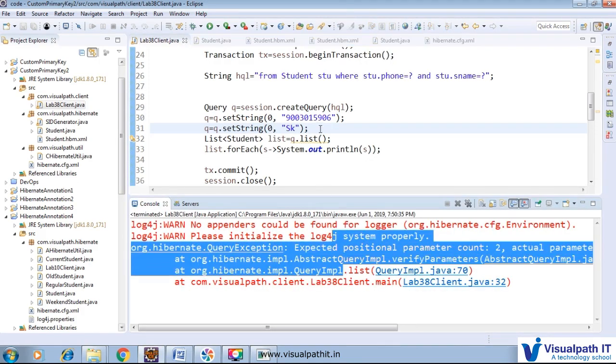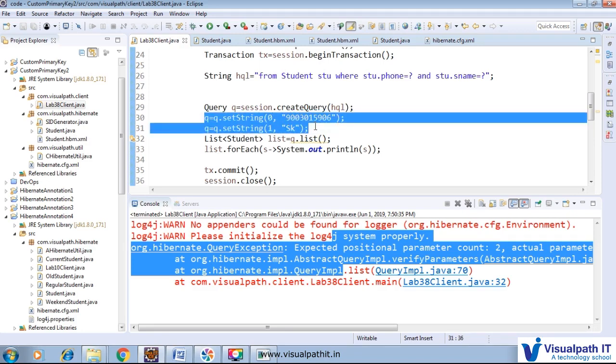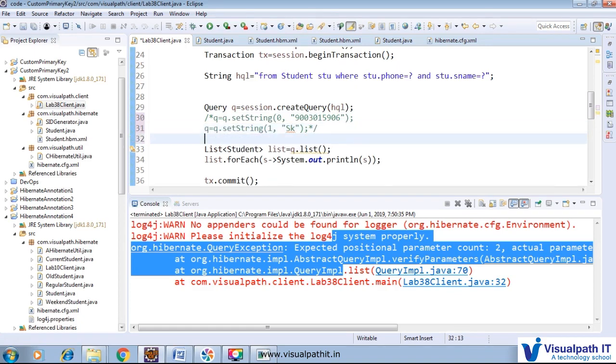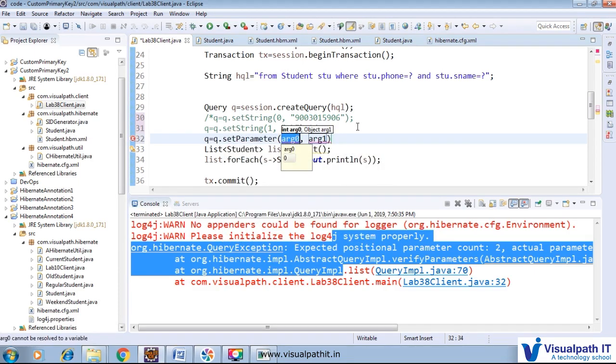Now we are getting a particular exception. So we have to provide the particular location where we would like to set this. Other than q.set, we can utilize a property also. Actually here we are dealing with the student, meaning the SID or something is a string. So we would like to use set string. But when we deal with an object, we would like to set the object, then we will deal with another method, that is q equal to q dot set parameter. So we can provide a parameter 0 and we will set the same thing here, that mobile